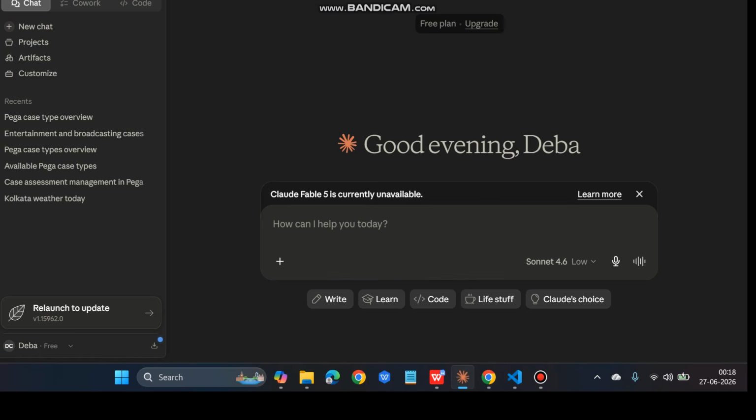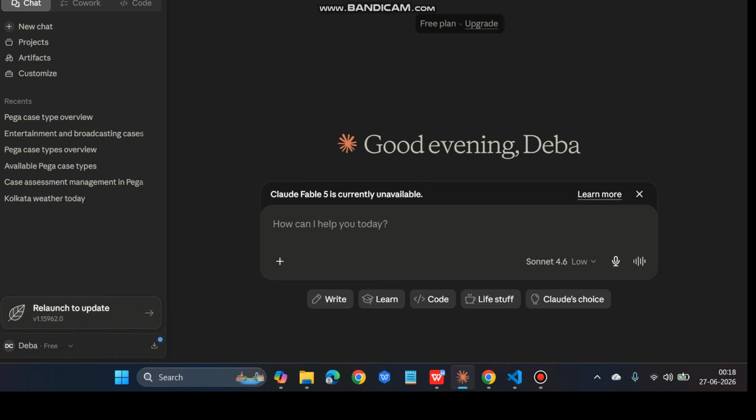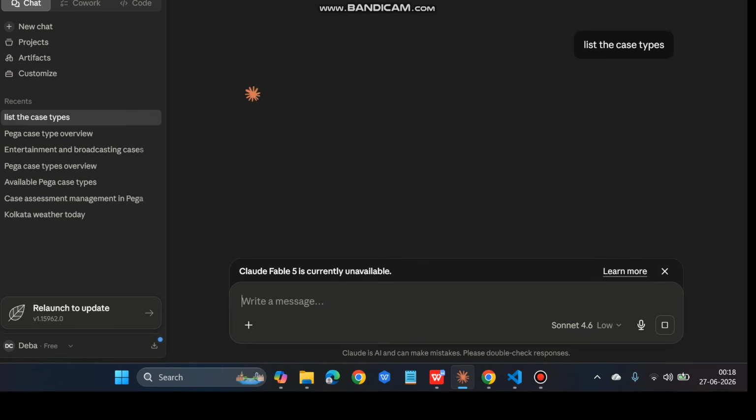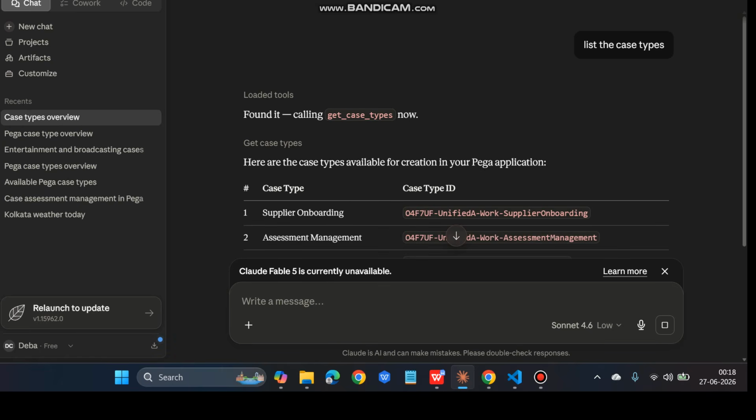Now you have to log off, log in again. You have to log out and then log into Claude. Once you are logging back, if you write here something like "list the case type," you are supposed to get all those case types that have been created in Pega, and whatever access you have given to that operator, accordingly it will try to fetch the details and show you the case types. See, it is able to fetch the case types,